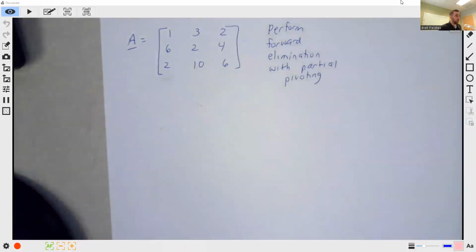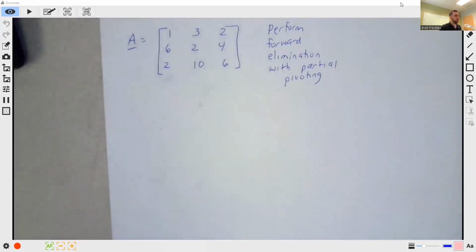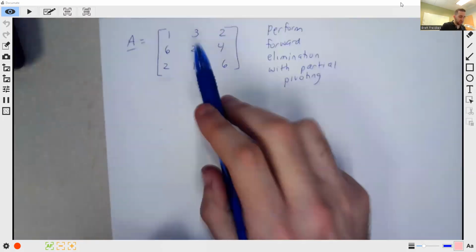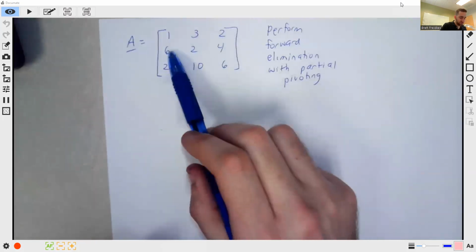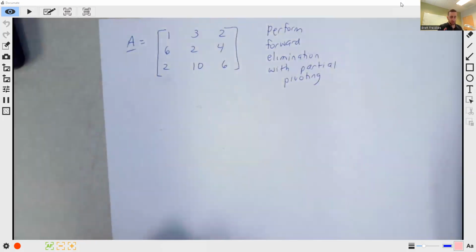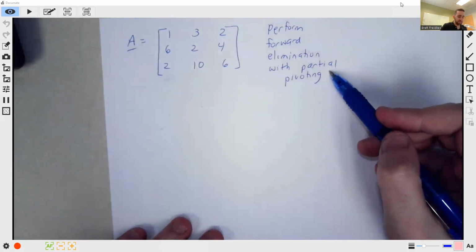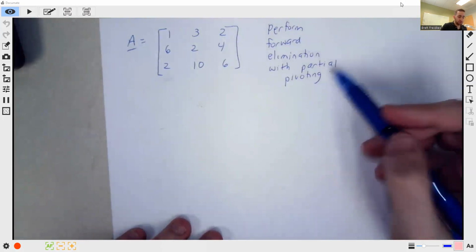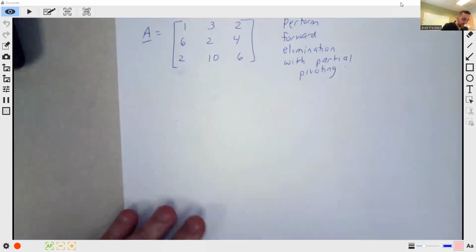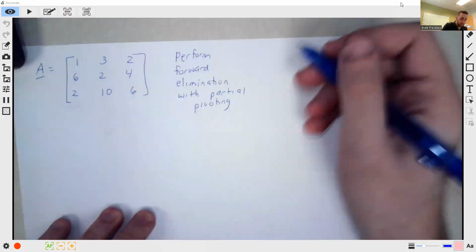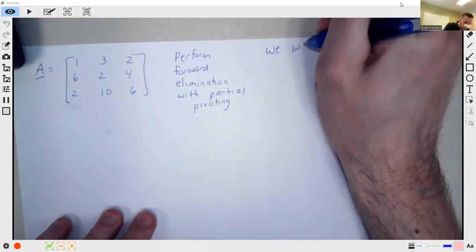Okay, so our goal for this video is to perform forward elimination on this matrix A, which is 1, 3, 2, 6, 2, 4, 2, 10, 6. And then we'll do it with partial pivoting, basically meaning that anytime I need to pivot, I will. And to remind you, what that means is for partial pivoting, we want